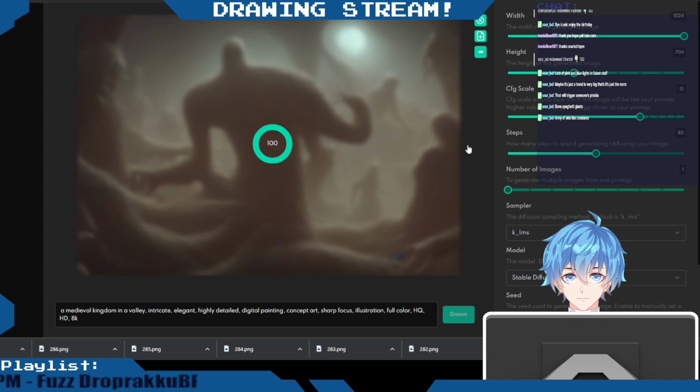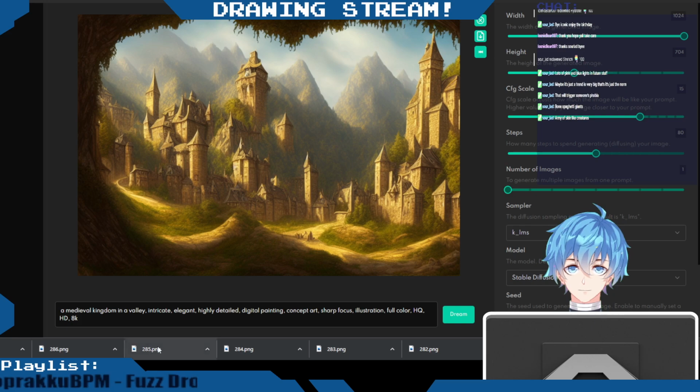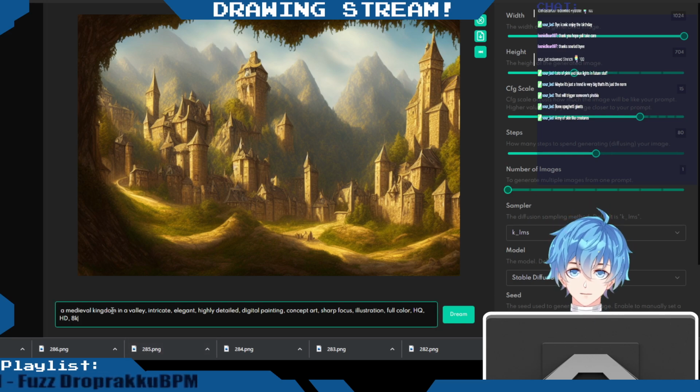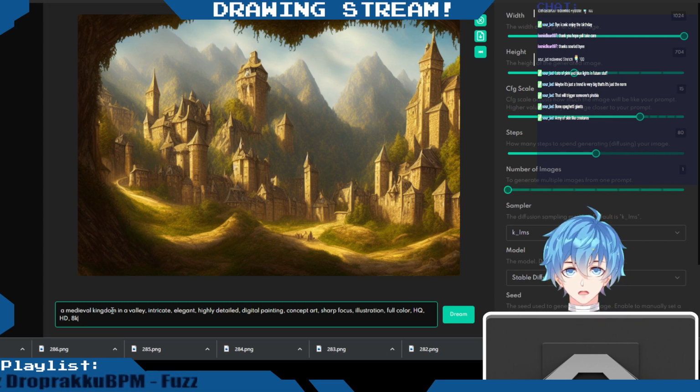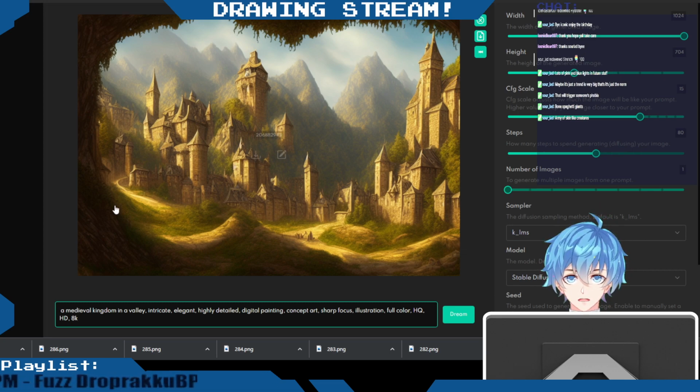We got, huh? Okay, that's not what I was expecting, but that's an interesting shot. It's like we're looking out at a kingdom, but from underneath a tree in the foreground. That's what this part is here. It's either we're looking out from under a tree, like we're standing right at its base, the roots and stuff here,